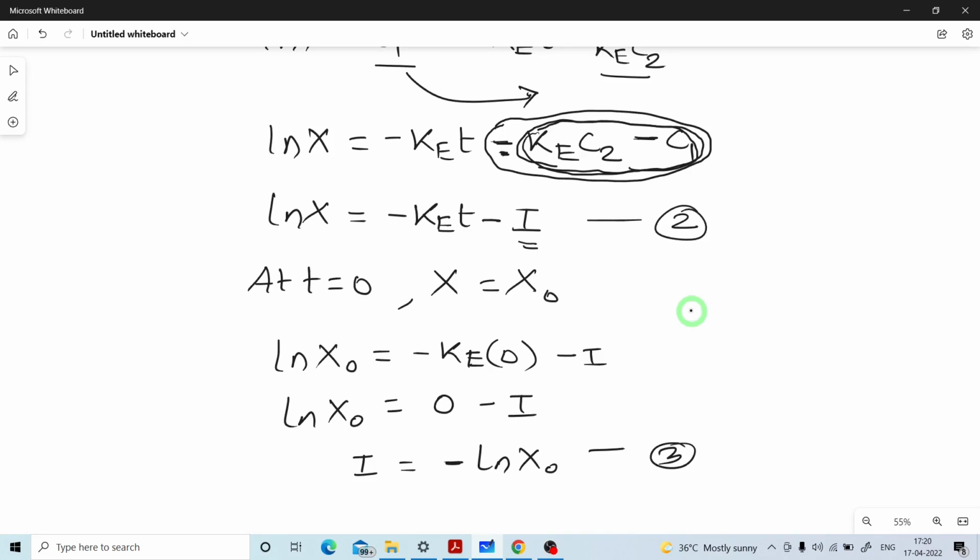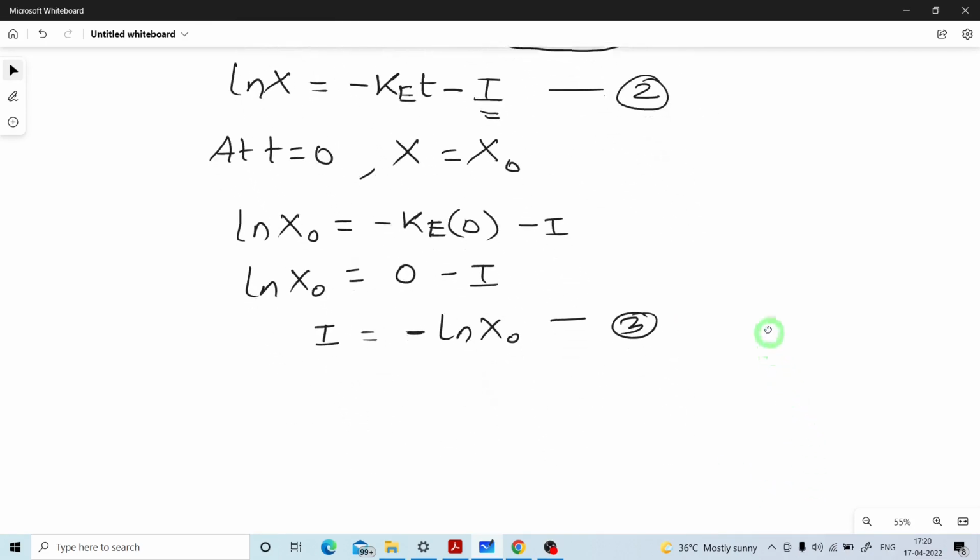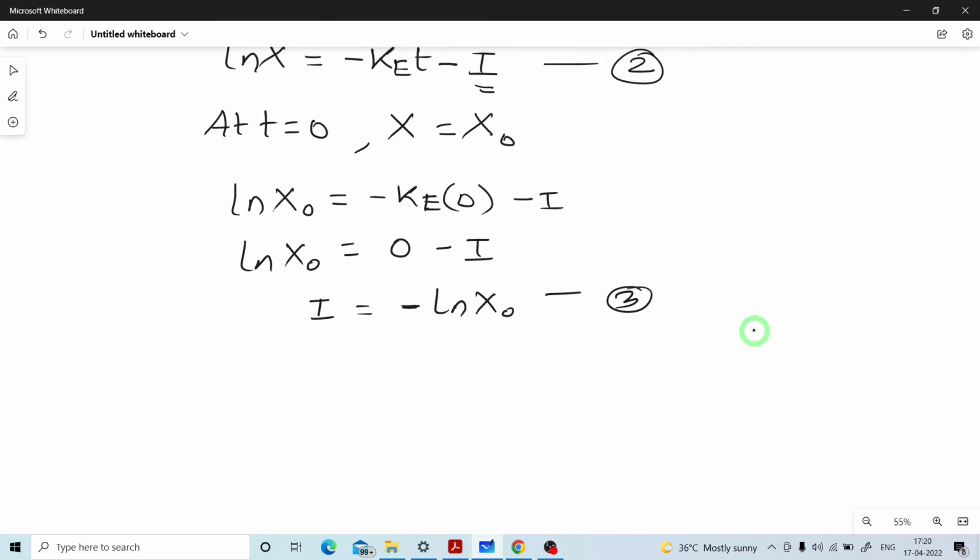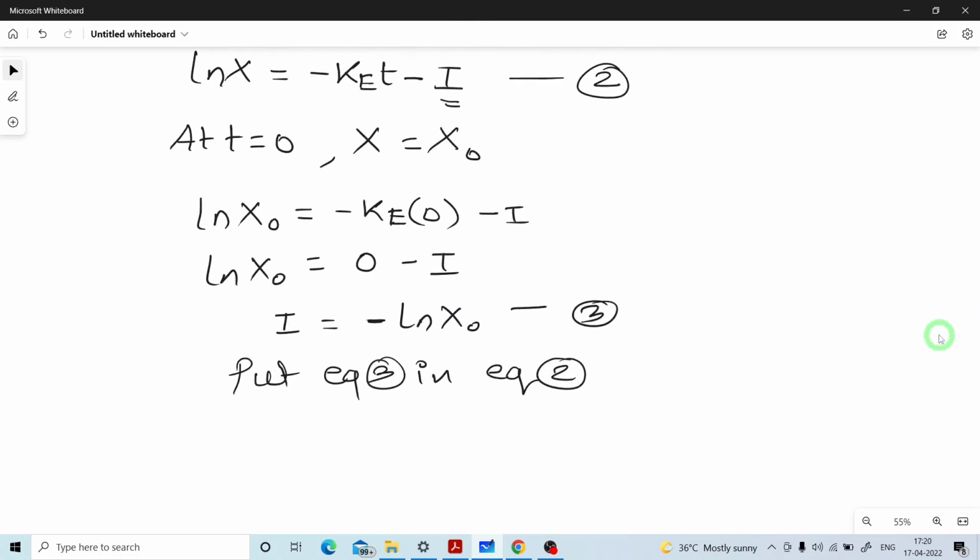Now we will put equation number 3 in equation number 2. We are going to put the value of I which we have got in equation number 3 into the I which is present in equation number 2. Equation number 2 is over here. Here is the I, and instead of this I, we are going to write minus natural log of x0. So if we do that, your equation will become